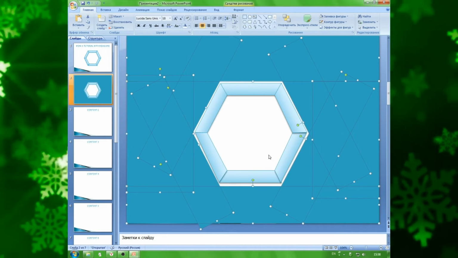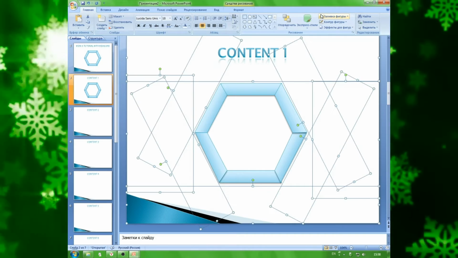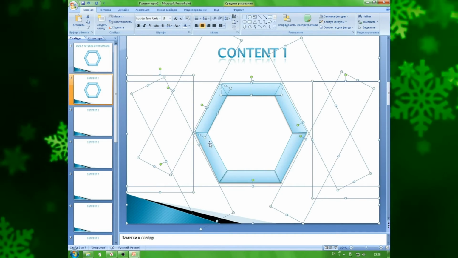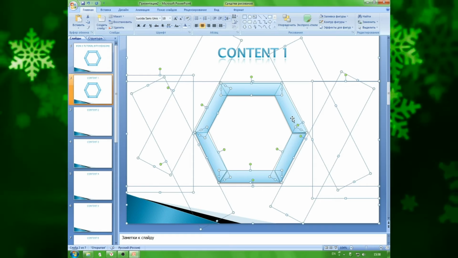After you finish this, select all those buttons and copy them onto the other slides except the main one.